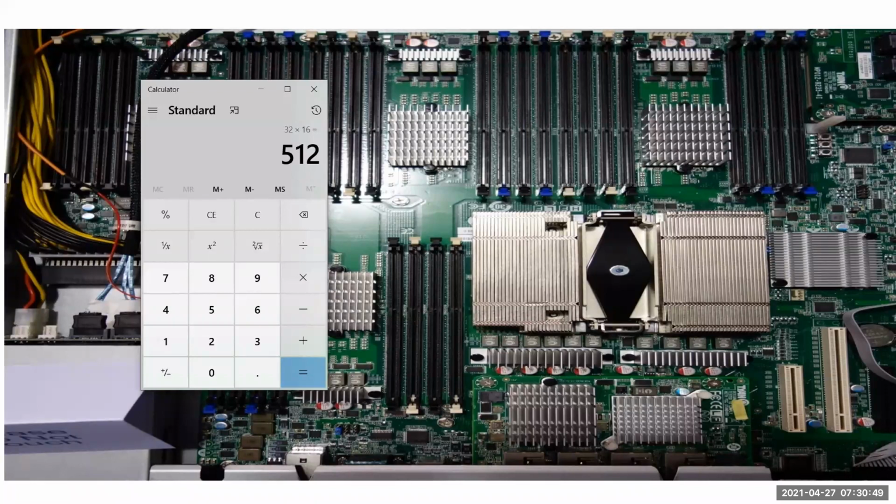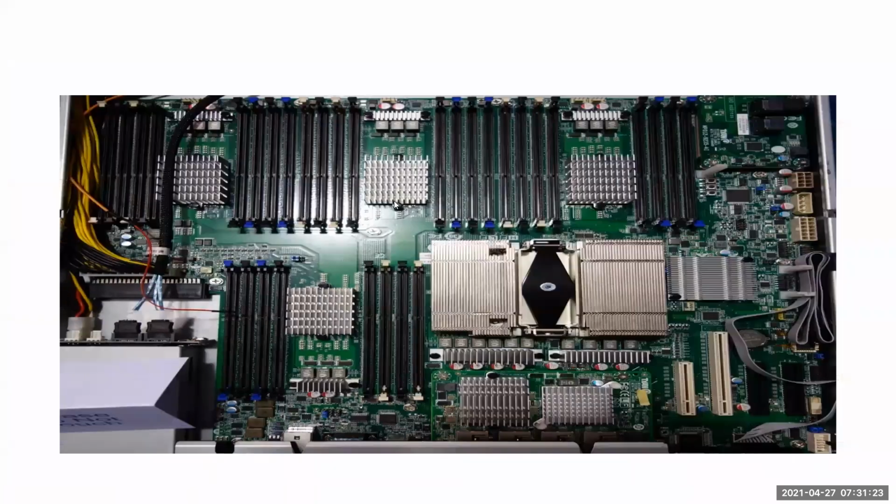You have 32 slots, and in each slot, will you get a 512 GB single chip? No. Max in the market you will get a 64 GB RAM single chip, but you will not get a 512 GB single chip. So they will buy this kind of server and put 16 GB or 32 GB in each slot. Then that becomes 512 GB altogether. So this is the motherboard of your 32 core server. We'll go to the next one.